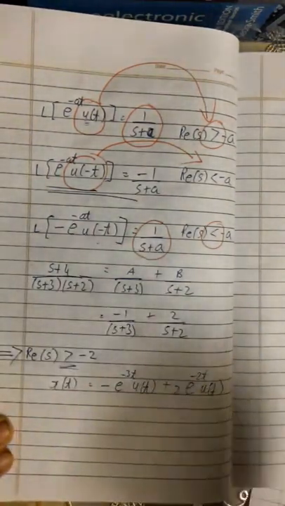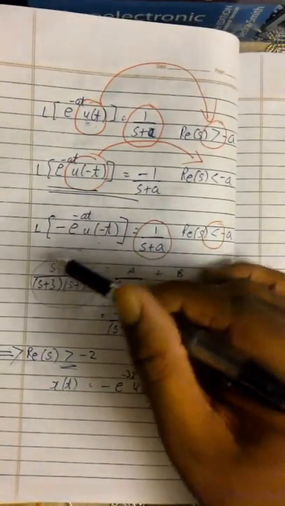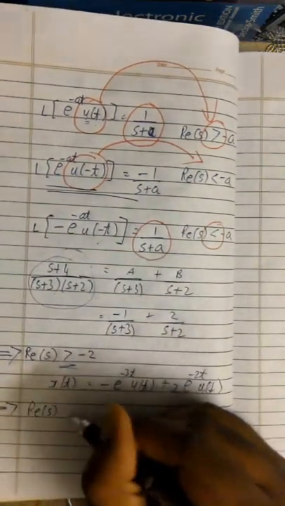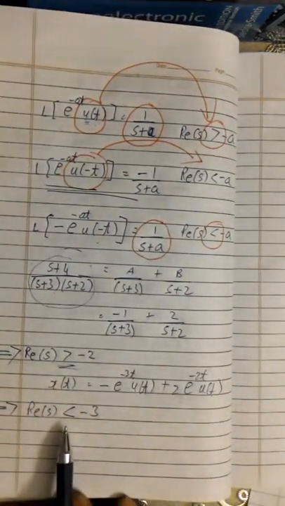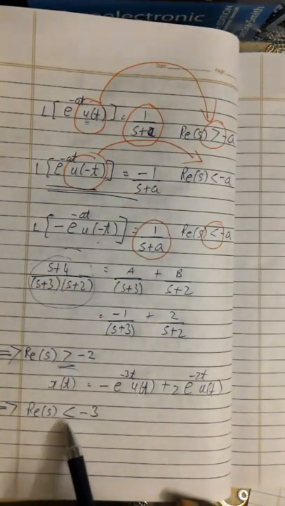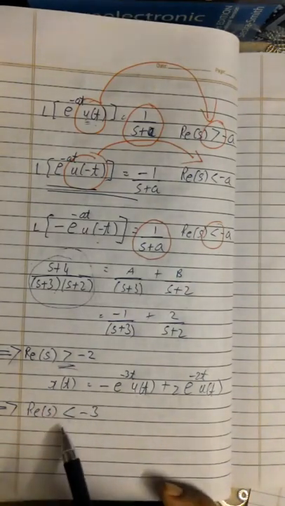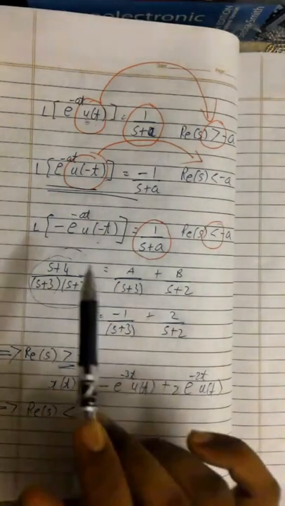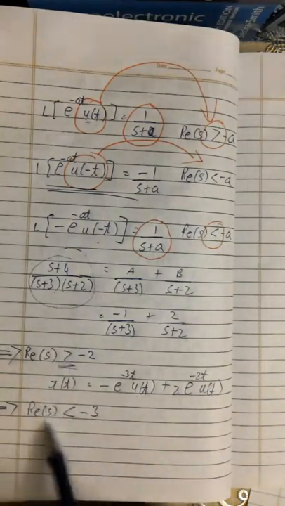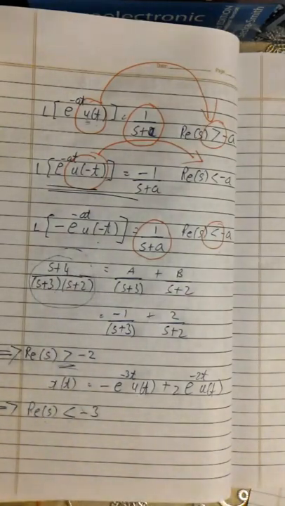Suppose, okay, now I'm going to change the question. Suppose they ask you to find the inverse Laplace transform of this function, and in the question they also give you real part of s is less than -3. Okay, same question, but this is different. Now the question is real part of s is less than -3. In that case, what is your x of t? As soon as you see this, you should understand that this is a left-sided signal. So left-sided signal means